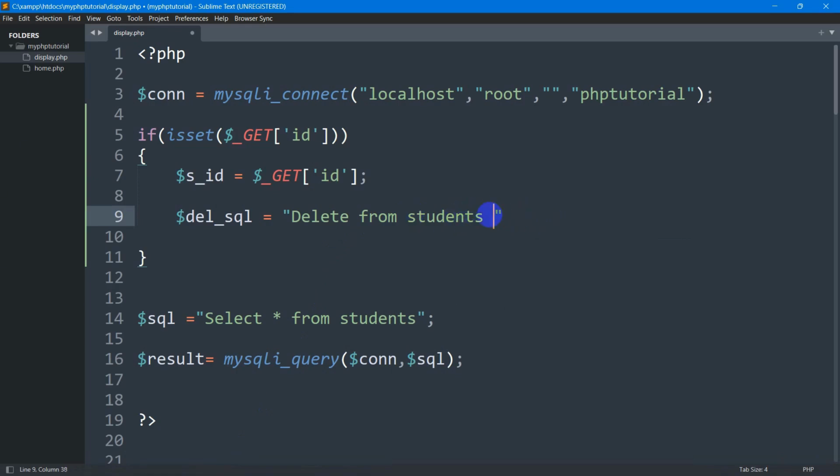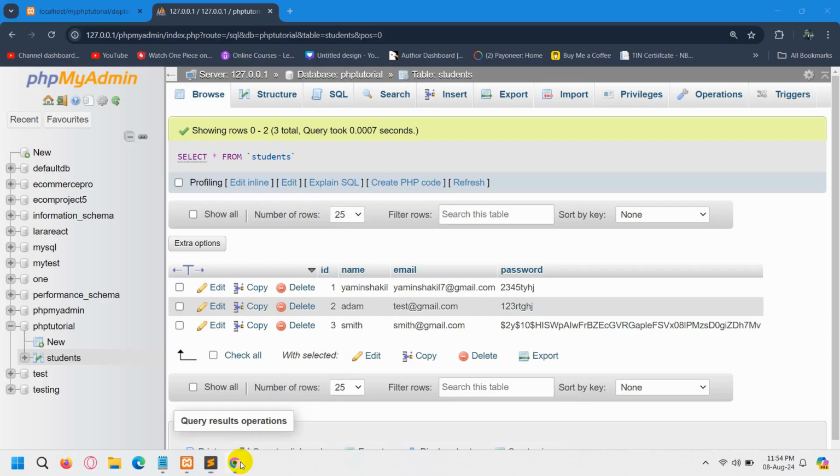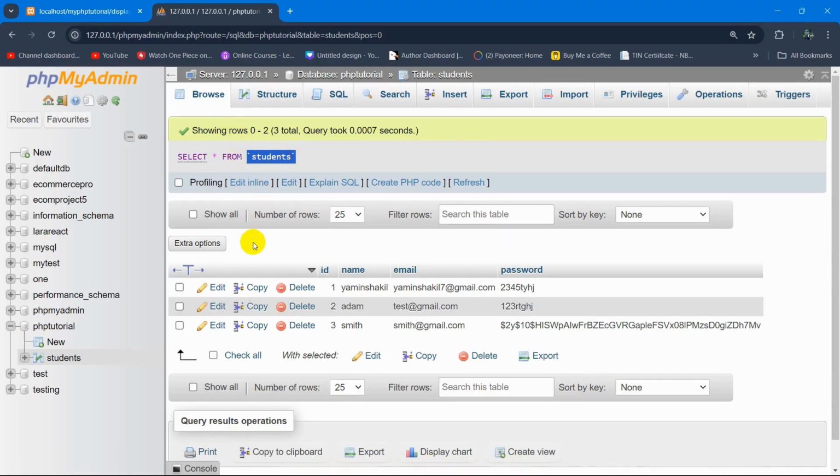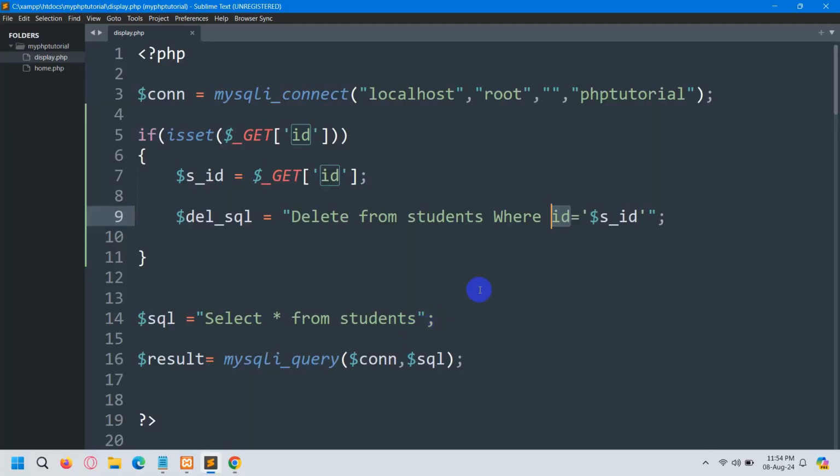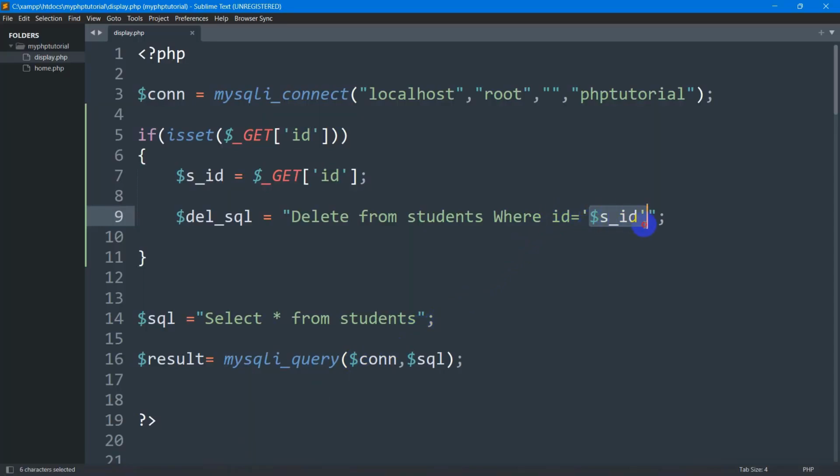Then we are going to say here where ID equal to, we need to give two single quotations this time, and inside these single quotations we are going to mention this $s_id. So let me just copy this and paste it here and end it with a semicolon. So here we are saying that delete data from the students table where ID is equal to $s_id. So here you can see this ID will come from the database table. Here you can see that table and we have an ID column here. So this ID is basically this one, and this $s_id we are getting when we click on